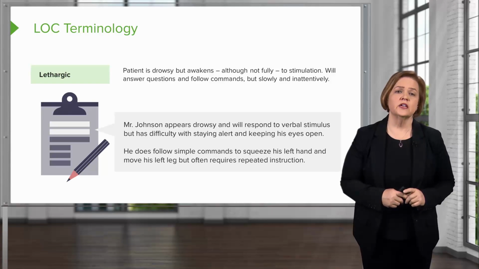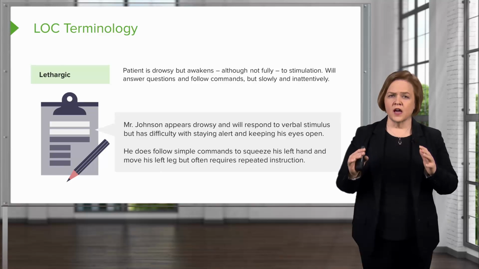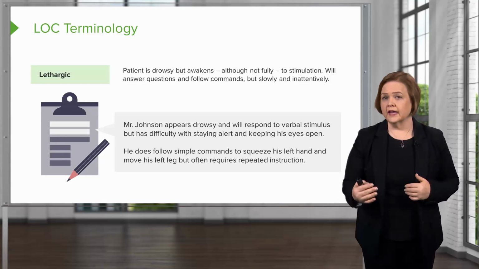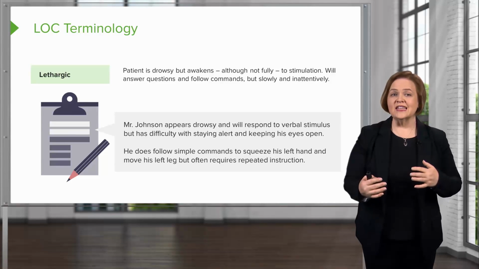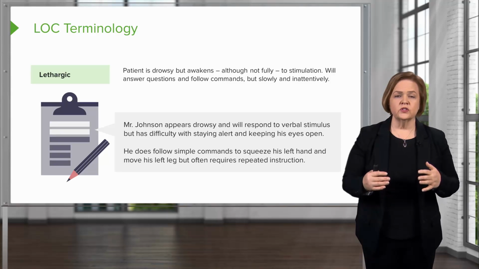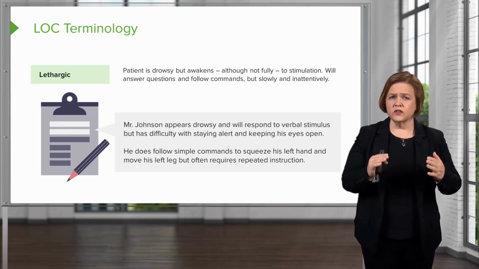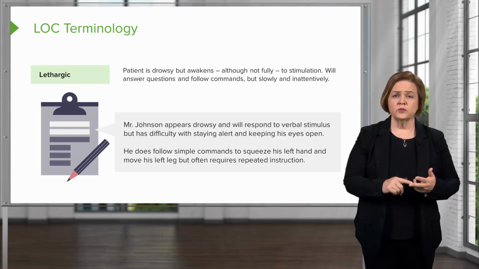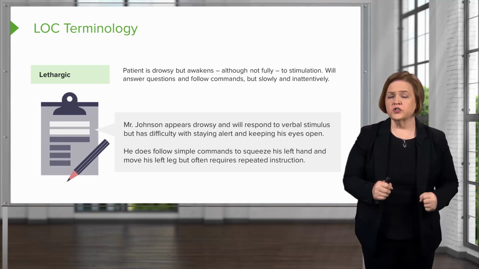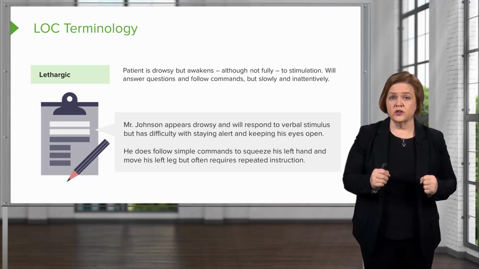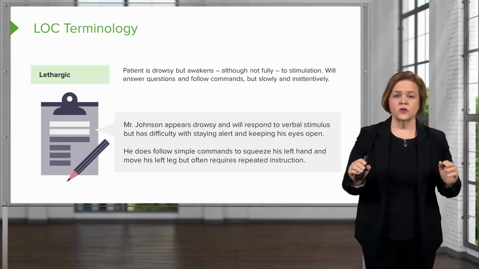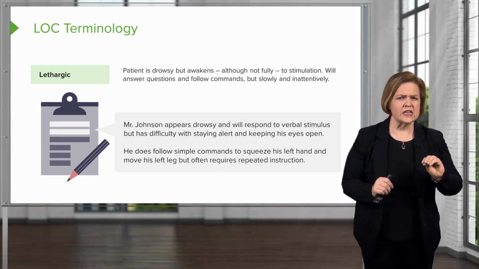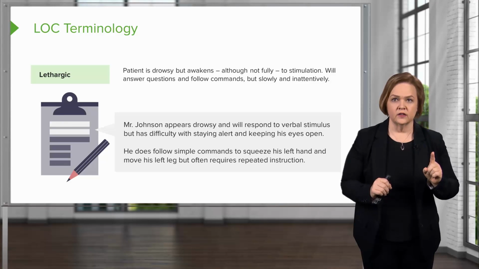If a family member tells you, you know, something's not quite right about my mom, my dad, my husband, my wife, listen to them, because those are the first signs that something could be going wrong. Might be a neuro problem, might be an oxygenation problem, but don't just brush off someone who knows your patient outside of the hospital. When they tell you something is not right, listen, okay?